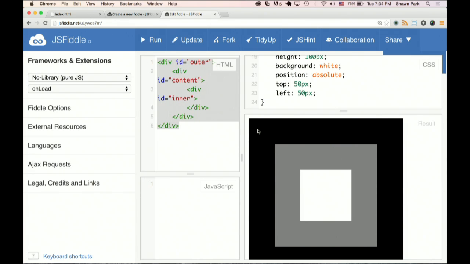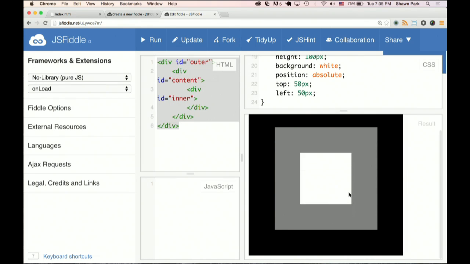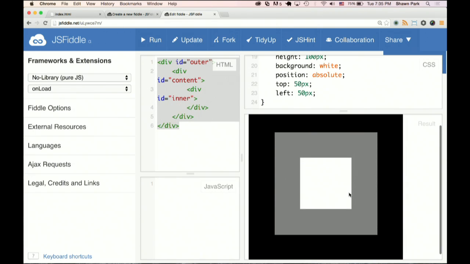Does that make sense? Is that relatively clear? I hope this makes a lot of sense, because a lot of bugs, at least on the front end, if something doesn't show up where you want it to, it's often because of stuff related to this.